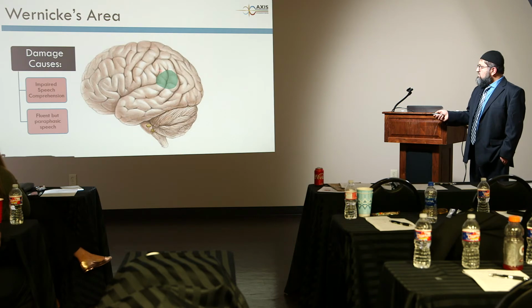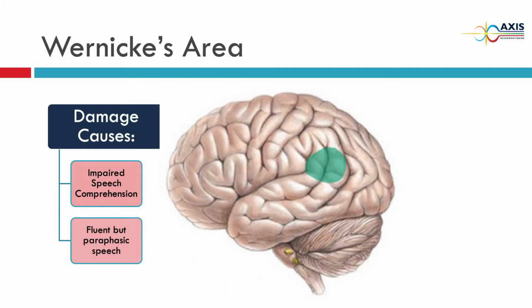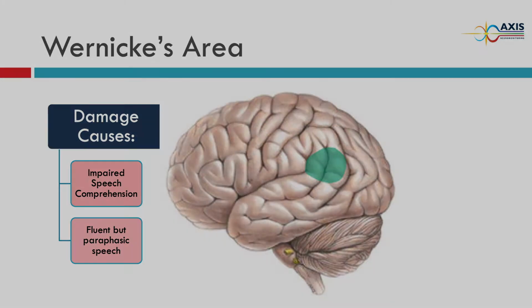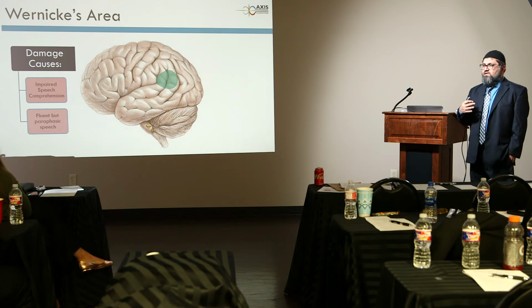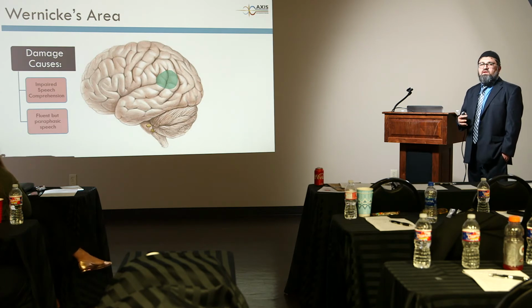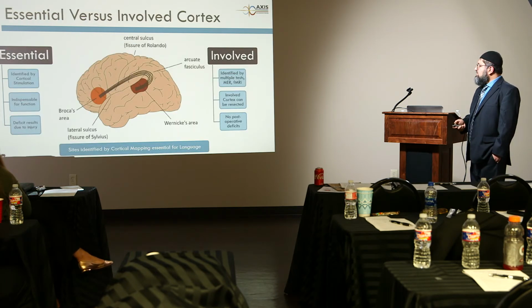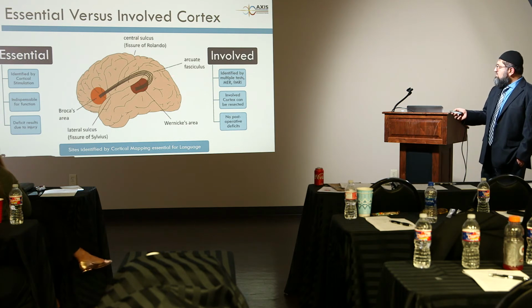Wernicke's area is posterior, and if that is damaged, it will result in impaired speech comprehension. The patient will have fluent but paraphasic speech. The patient will keep talking, but it will all be junk, so you have no idea. And the patient will think that he's talking normally and you're not understanding. From the patient's side, he or she thinks they are talking normally, but you don't understand what they're saying. So these are the fibers, again, arcuate fibers.